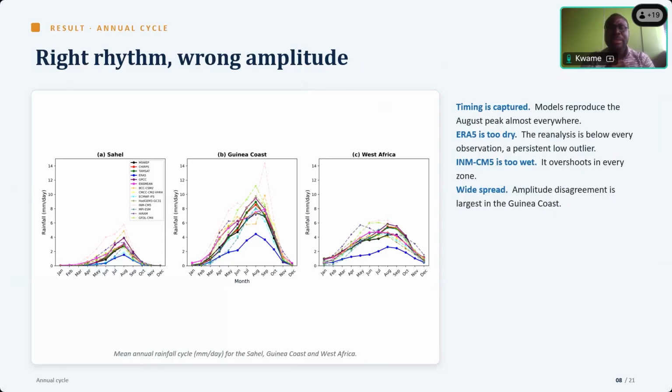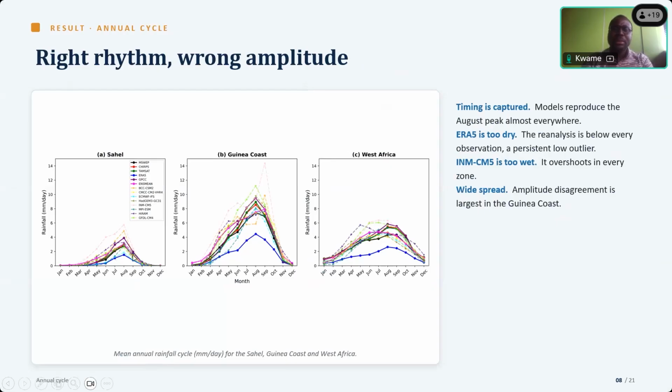So first we check the annual pattern of the precipitation data set. We check for the Sahel, we check for the Guinea Coast and the entire West Africa. Now, what was seen among the models is that they are all able to capture the timing of the maximum precipitation. So for instance, over the Sahel, we have dryness from November through to March, the eventual rising of the rainfall until it gets to its maximum peak in August, which is well captured by all the models in these cases. And the reference data set mostly agrees also on this peak.